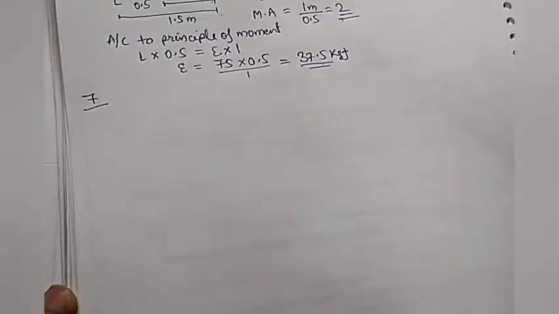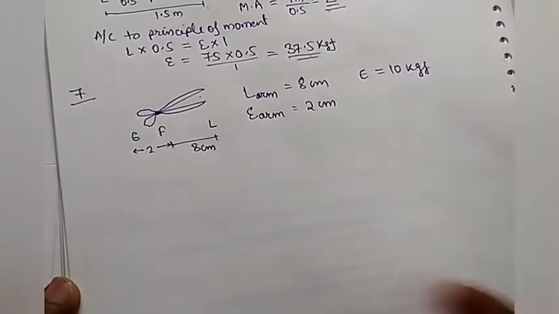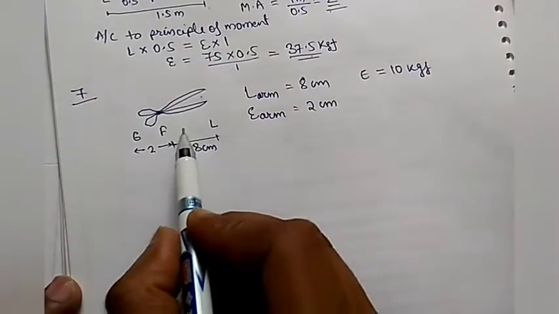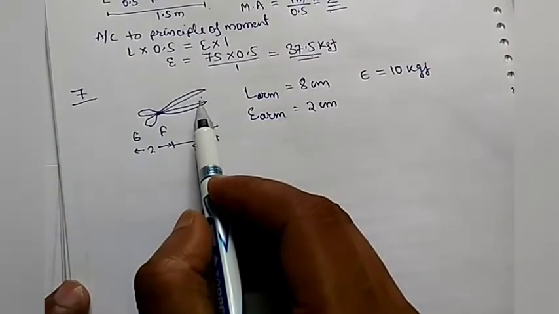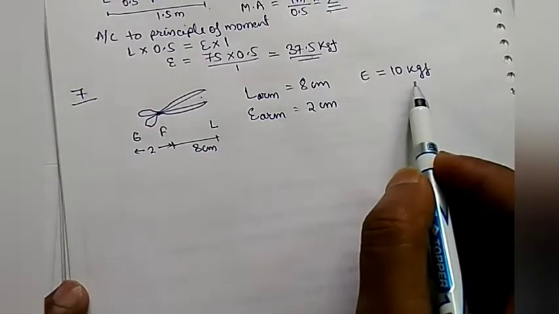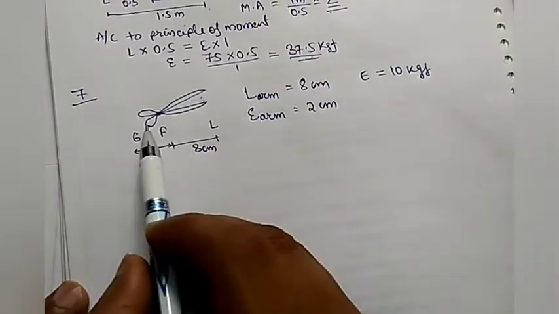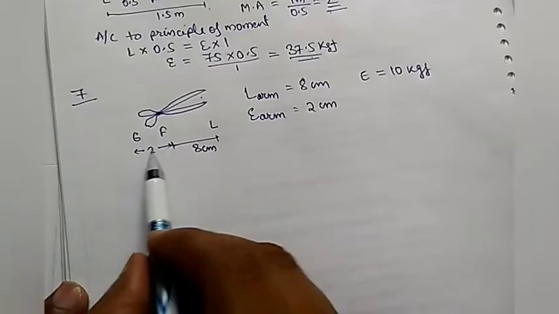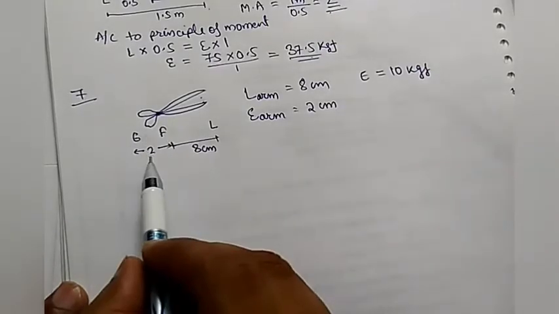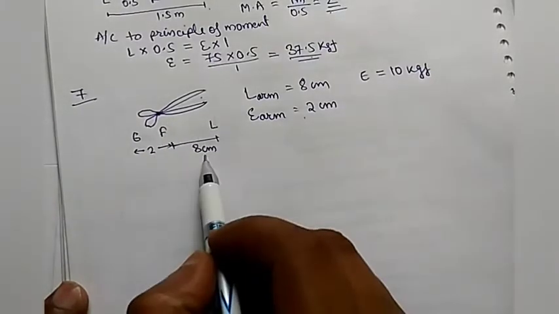From the rivet. Okay, let us draw the diagram first to understand it better. See the diagram. So this is a pair of scissors where the load is put here, and it is given that effort of 10 kgf is put by the fingers. हाथों से 10 kgf का effort लगाया जा रहा है जो 2 सेंटीमीटर rivet point से दूर है. So the effort arm will be 2 and the load arm is 8 centimeter.